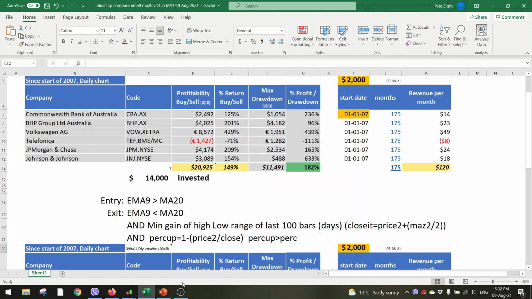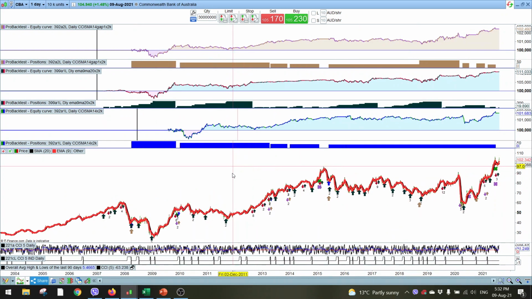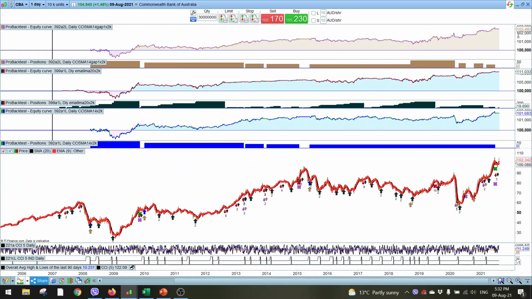So I suppose what I'm trying to say is, again, we're just looking at CBA in this example. If you look at the big picture, since the start of 2007, CBA in this strategy has generated $2,492. The EMA 9 strategy has generated $11,000, and that's with no multiple of gap. So it's only going down 30 points before re-entering. This has to go down 60 points before re-entering as an example, and it's generating $1,600 of revenue over the